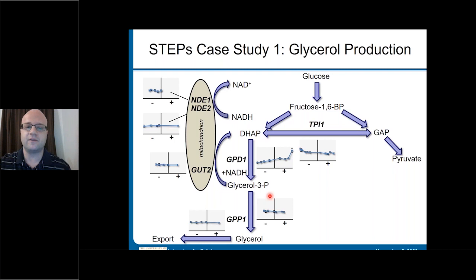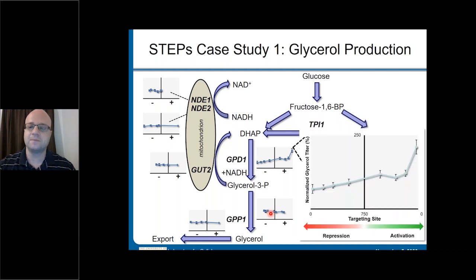Nevertheless, we did that for all of our other targets, and then we see one dominant target popping up. Obviously, a very strong improvement if we overexpress GPD1. And I note that GPP1, for example, is relatively flat across the board. But if we zoom in on the gene expression change patterning that we get with GPD1, we see that as we target this with our repressor and with our activator, we get strong improvements and increases in that glycerol titer, suggesting that GPD1 is a rate limiting step in the process, and therefore we would need to overexpress that.